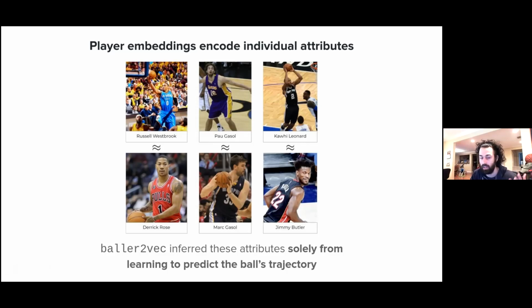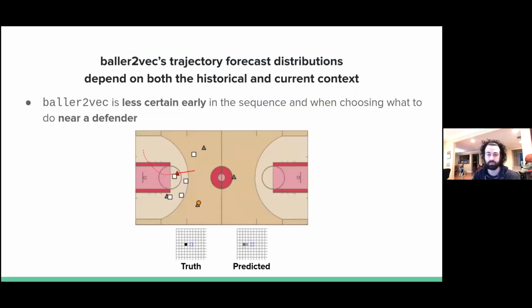And then again, these features were inferred solely from learning to predict the ball's trajectory. So there's no additional information given to the model about these players' attributes other than just trying to predict where the ball goes at each time step. If we look at how the baller2vec's